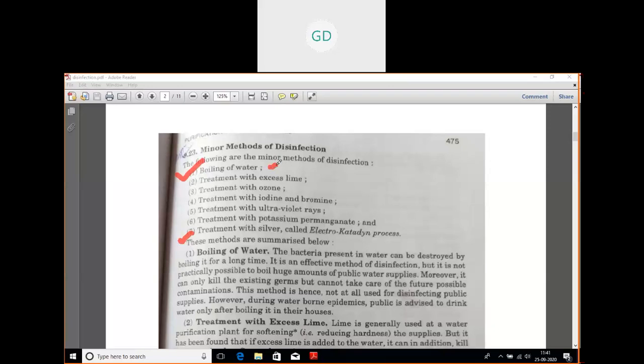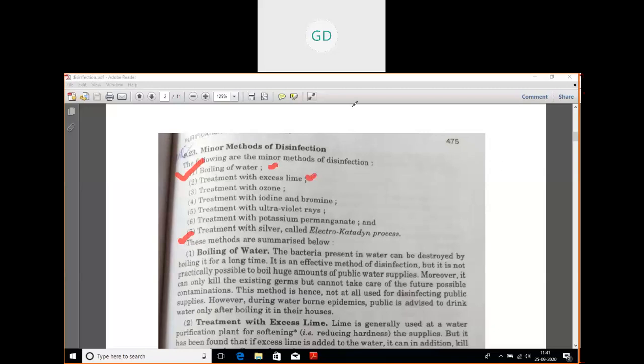Also, boiling of water can kill the existing bacteria, but it cannot take care of future possible contaminants. It is not that useful. It can only kill the existing germs in the water, so you can drink it. So boiling is not used for public supplies. Next is